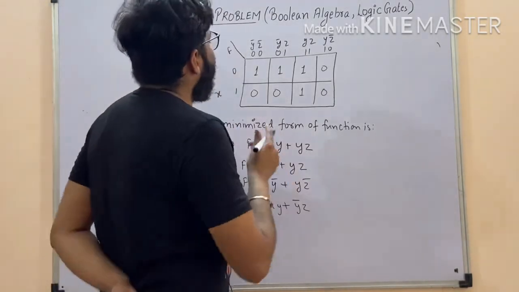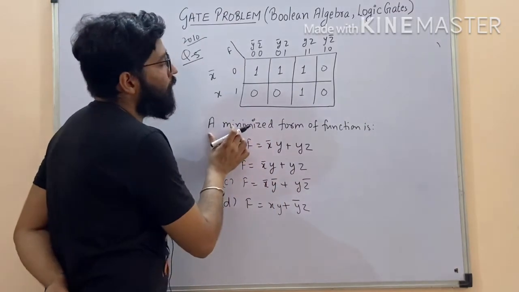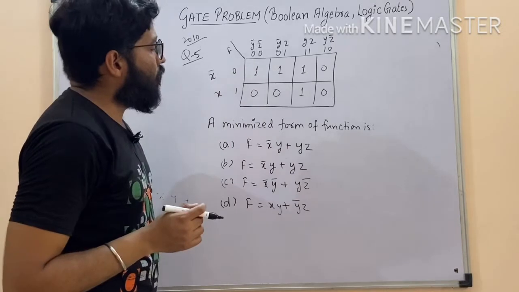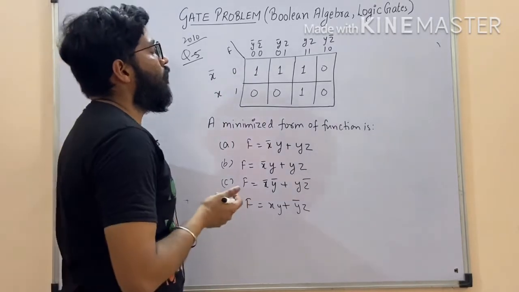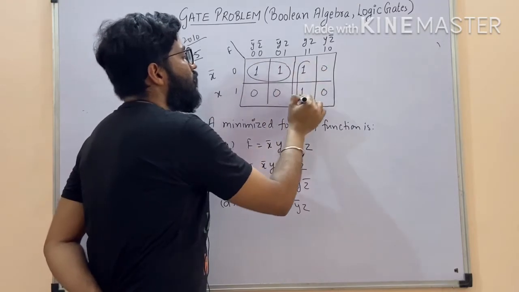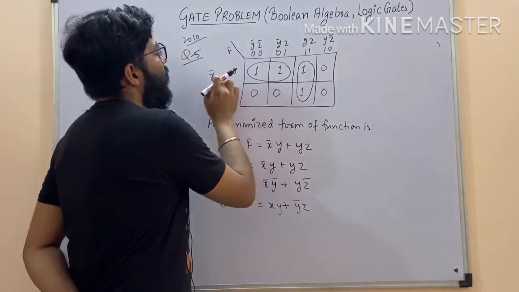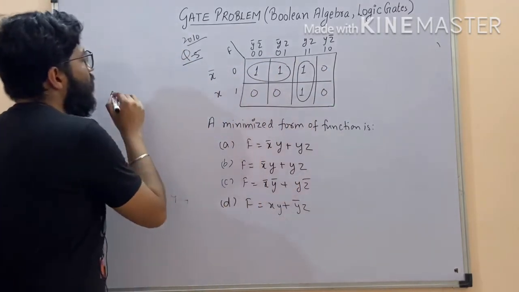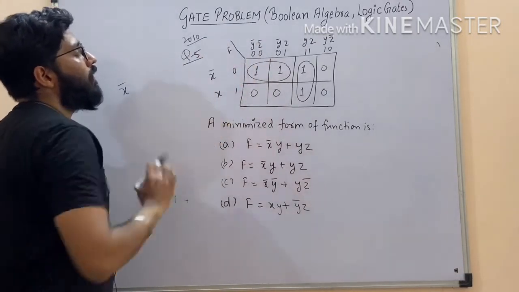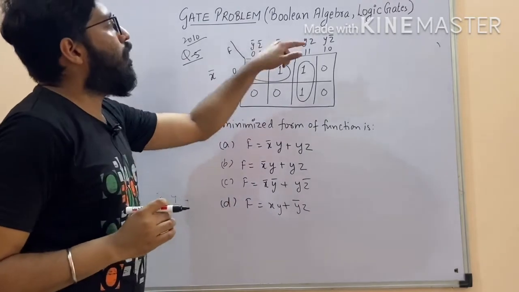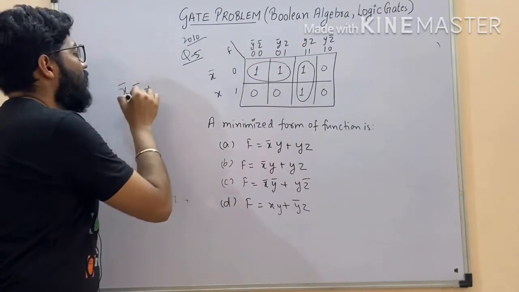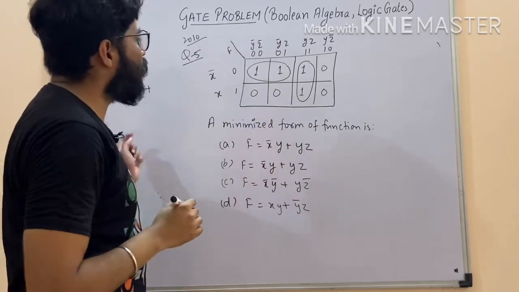In the next problem you have to write the minimized form of the function that is given as this. Okay, so now for minimization you have to group the following numbers. So you have to group this in this fashion and in this fashion. Okay, so you have to see in the left what is common? X complement is common. At the top what is common? Y complement z complement is there and y complement z is there. So this common is what? X y complement plus, because you have to write in the SOP form.